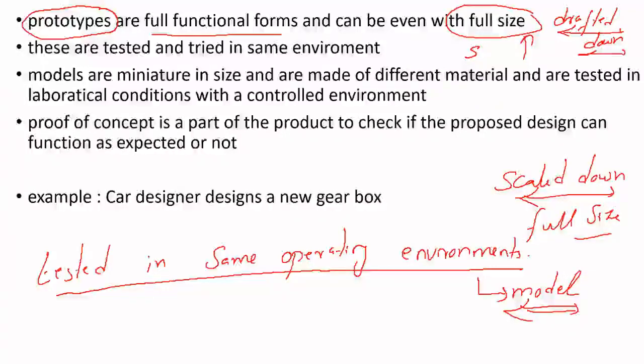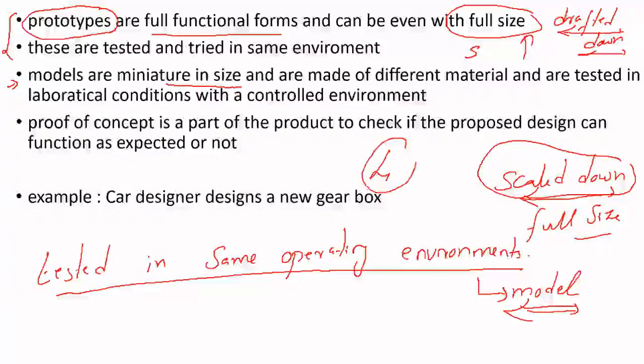Now models, the second strategy, this one is the first strategy. Models are miniature in size. This can be full size or scaled down, that means the same scale. Say for example the original model is 4, it can be reduced down to 1, so even the nut, bolt and small components will be scaled down to the ratio of 1:4. But models typically, the second strategy, will be miniature in size,